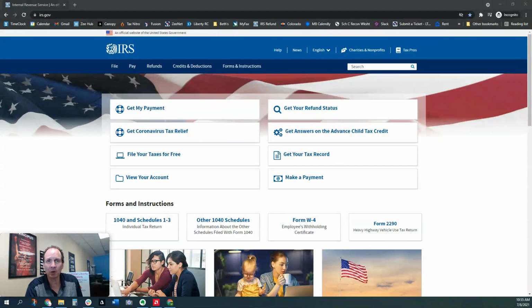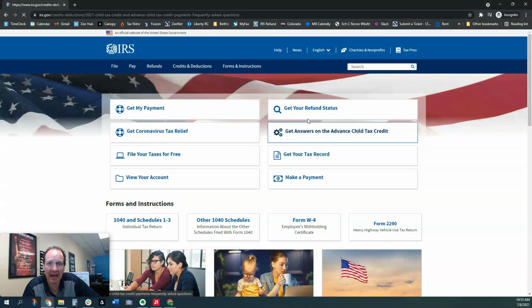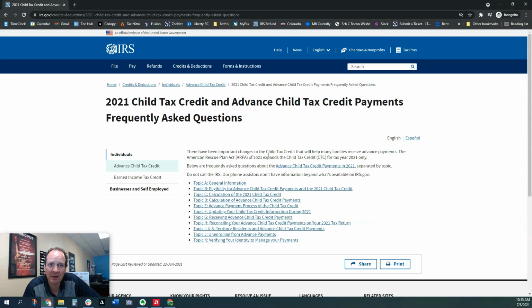Advanced Child Tax Credit update number 3. I think it's 3, I don't know. It's one of the many updates because the IRS keeps changing things. So let's look to the IRS.gov website, and you still go to the Get Answers on the Advanced Child Tax Credit. Now, when you go here, it just looks like a FAQ where you've got topic A, general information,